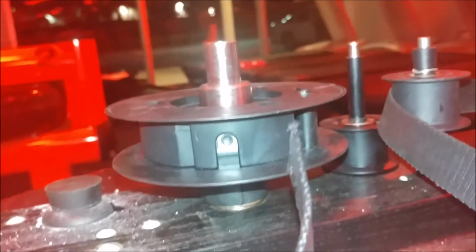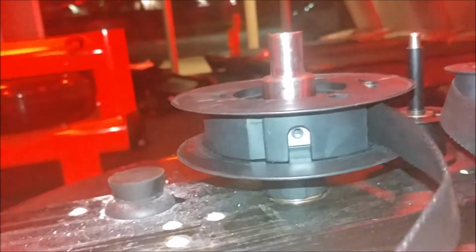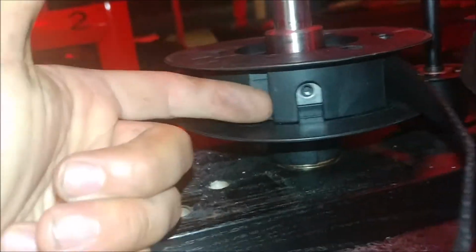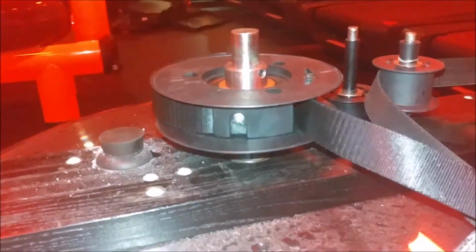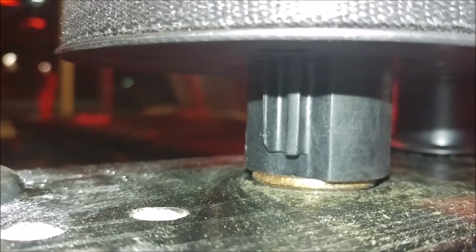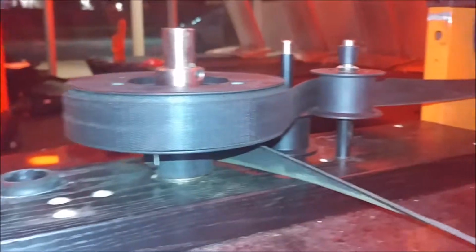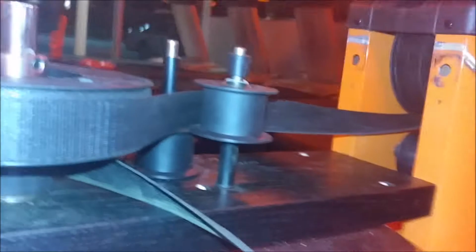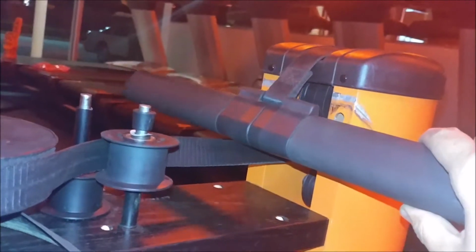Installing the top strap. Take the strap, feed it through the groove. It'll feed around the pulley, back around, into here, and then secure in place with the retaining nut. Into place, all we have to do is turn the pulley to wind it up. I will connect the bottom strap through the hook here and then wrap it around. Now, with the top pulley completely in place, I'm going to give myself about 6 to 8 inches of slack off the top pulley